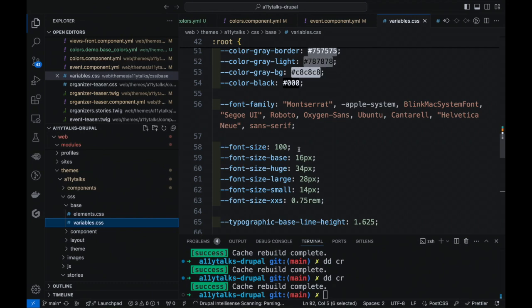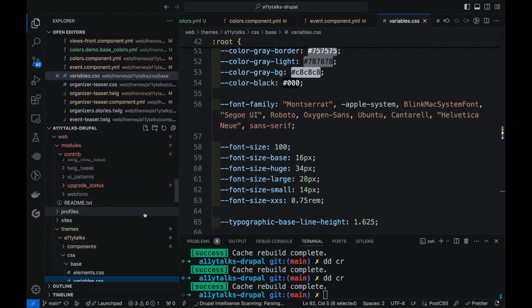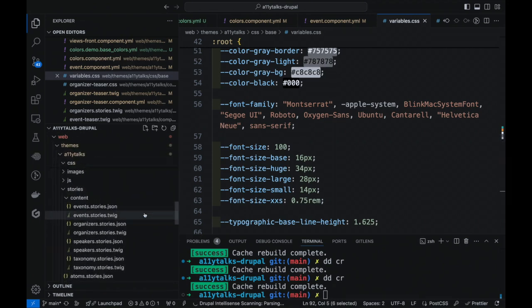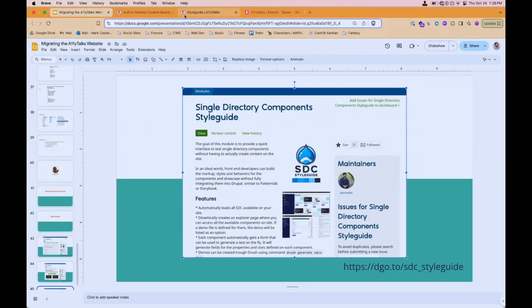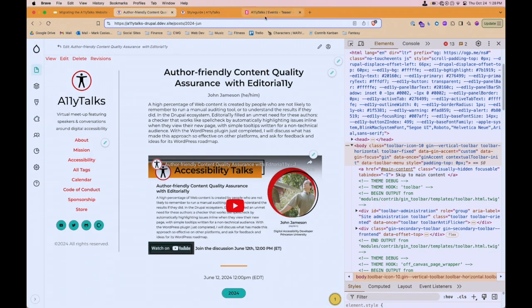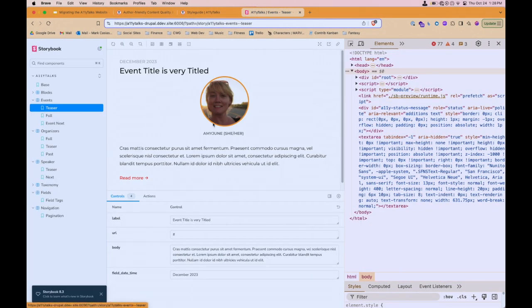Is there anybody else? Yes? In your example, you hard-coded an image into one of the files? The reason I did that, actually, thanks for noticing that, I meant to bring that up. The reason I did that is for Storybook, because Storybook needs an image in there for it to see, where I didn't want to have to pass that in through the story itself.